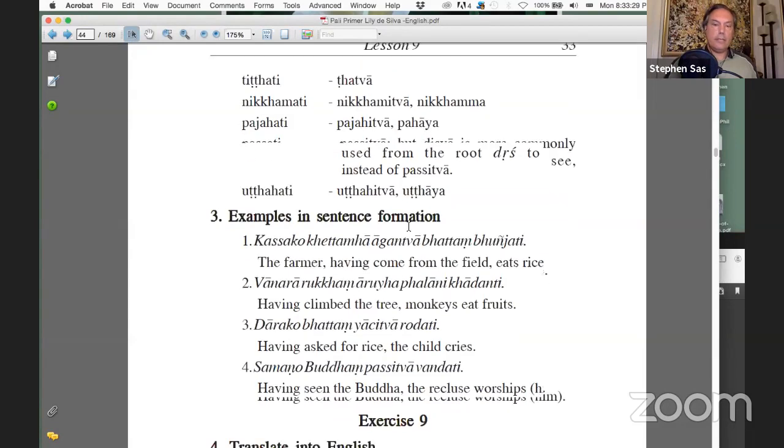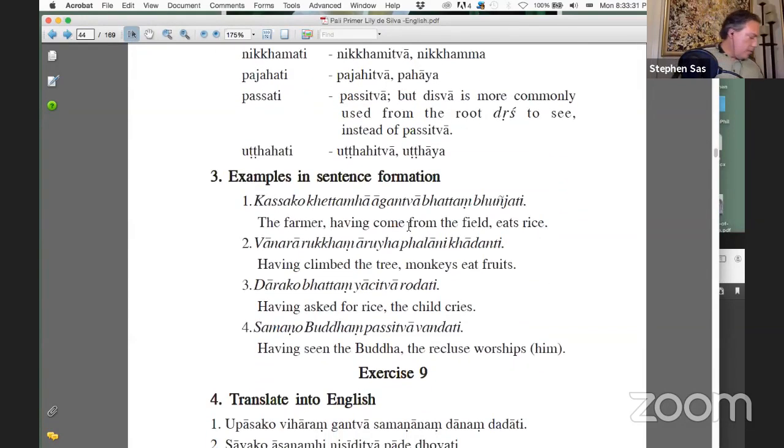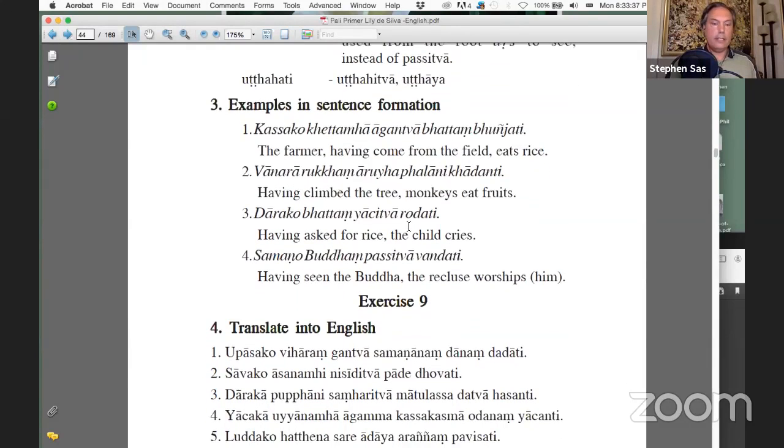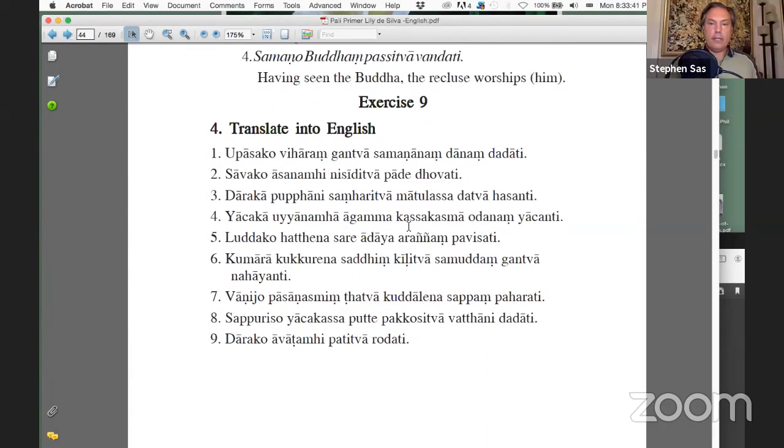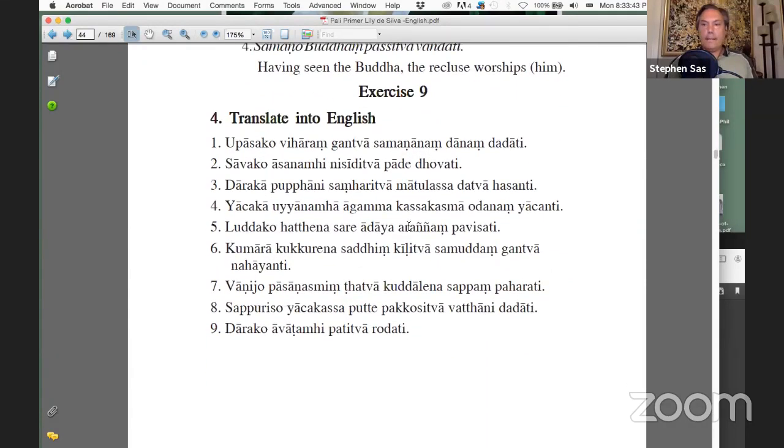So I think what we can do now is open up to people volunteering to do some of these examples and get a feel for it. Perhaps I'll do a couple, or one, just to get the ball rolling. And if you'd like to raise your blue hand, I'll try to call on you. And then you can give it a shot too. So here we have exercise 9, number 1.